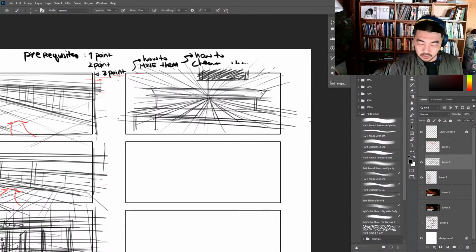So we got some chairs, we got some people sitting, people watching. We got a bowler right here. Let's see, we got another bowler right here.